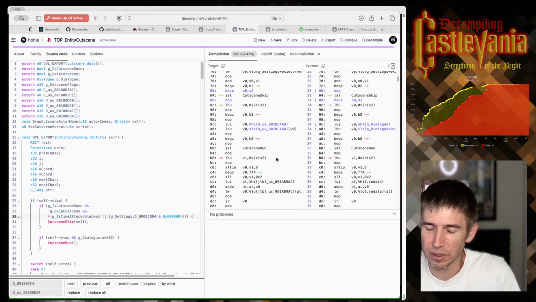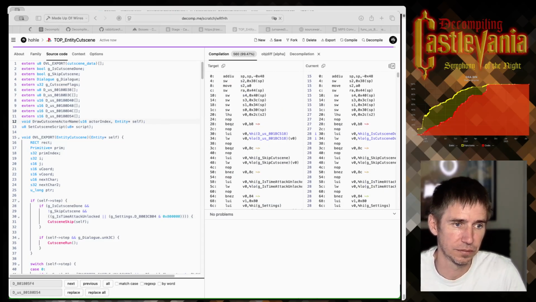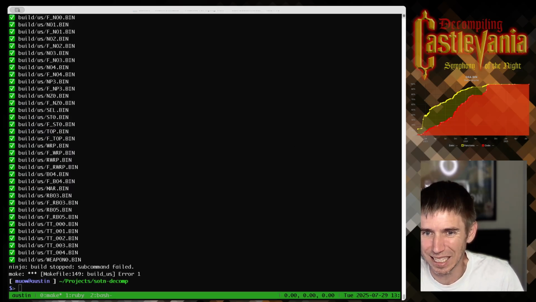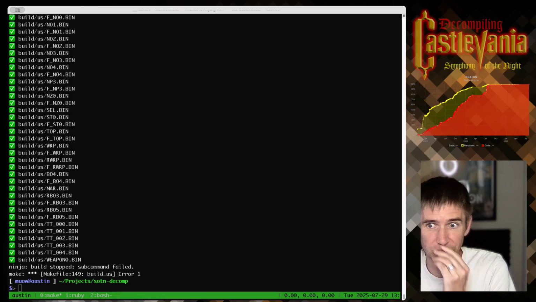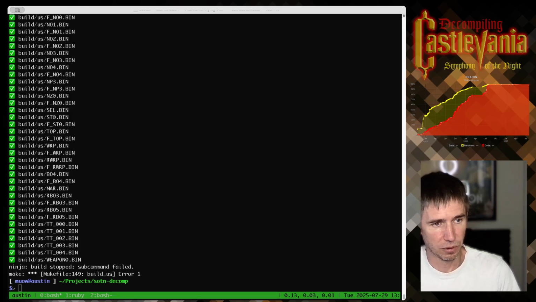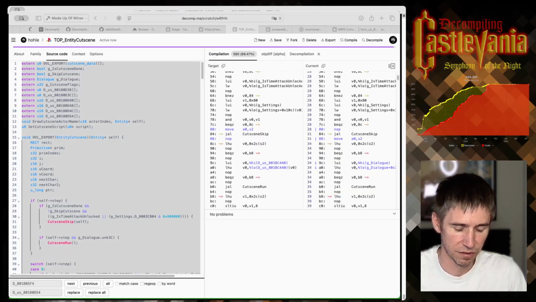So what should happen, ideally, is that I have enough context that I can pull this in. It's not going to match. It's going to fail. But we should see exactly this line here. There should be 2 instruction differences, and everything else should match. The size is the same, which is nice because we won't get a bunch of noise in the diff. But I think this, if everything else is fine,